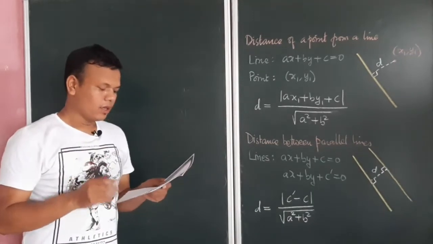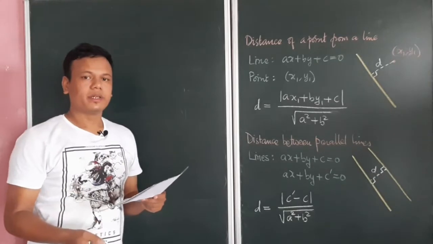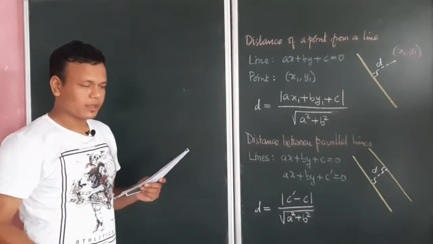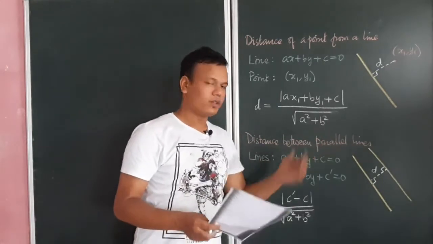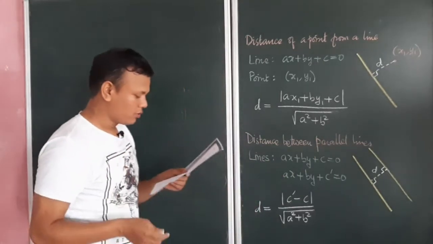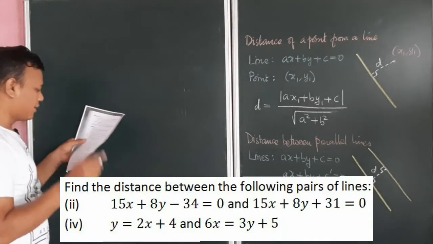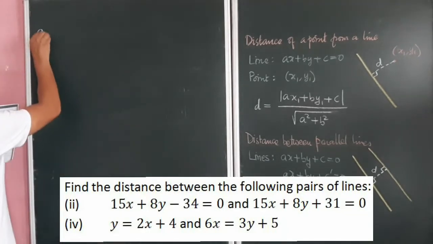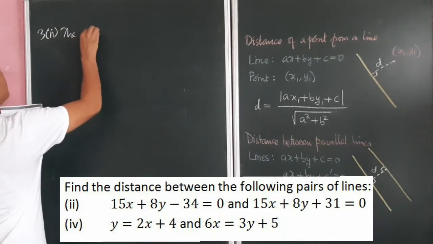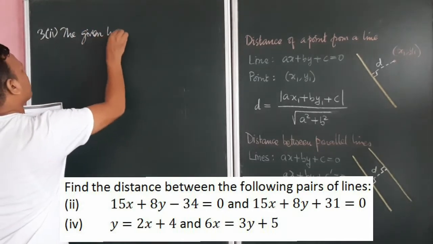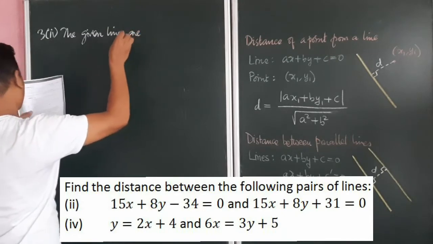So we have seen how to find the perpendicular distance of a point from a given line. Now let us go to the second kind of problem, that is the distance between two parallel lines. So let me take question number 3, sub number 2. The given lines are